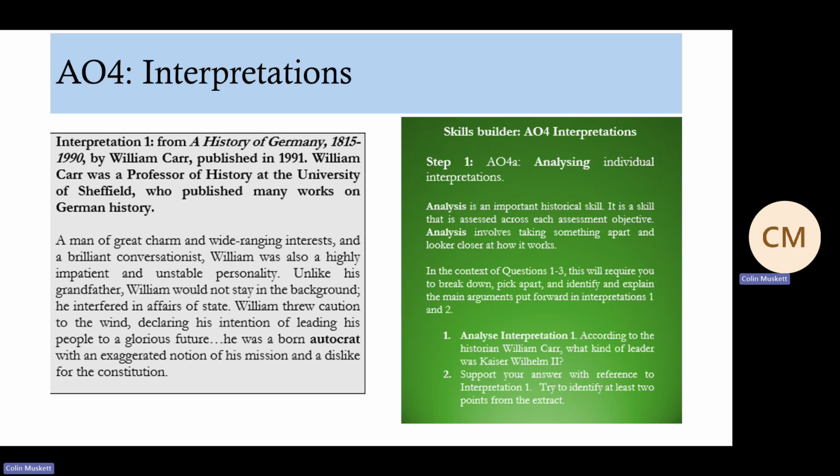Now, a lot of students make the mistake of simply regurgitating what they've already said in question 2. Oh, I think this is more reliable because it's written by a more reliable person. That's not what you've been asked to do. You've been asked to say, well, actually, I'm going to use my contextual knowledge to evaluate the arguments made in interpretation 1, then interpretation 2, and then based on my understanding, come to a judgment on what I think is the most convincing. What they tend to look for is,